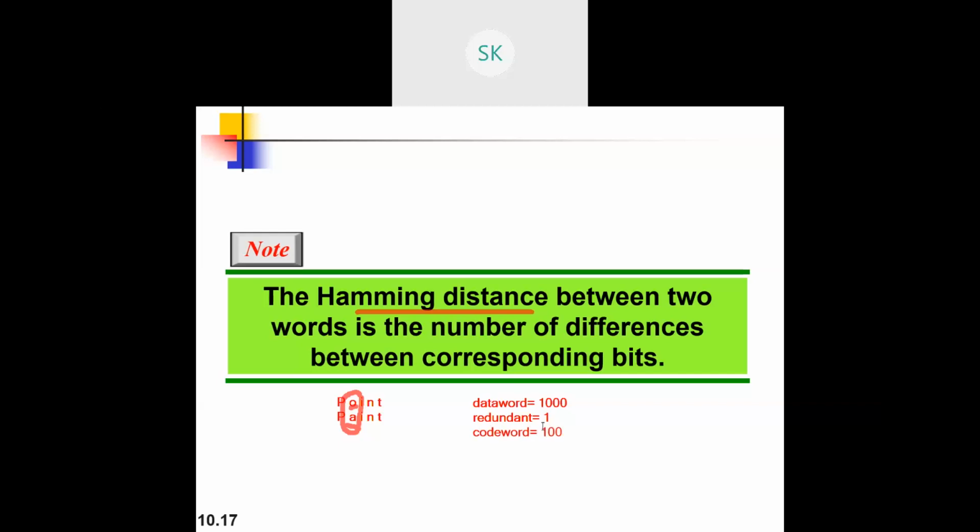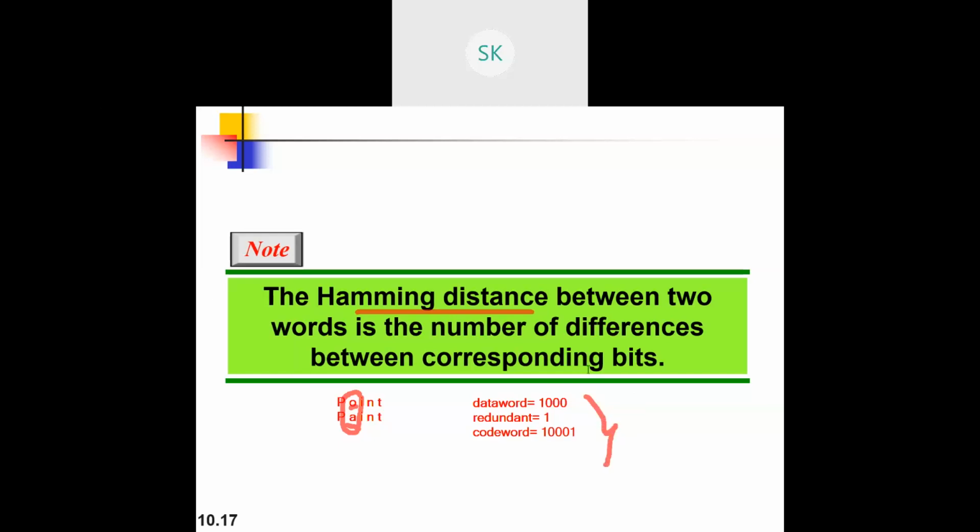we need to generate this table first. So this is our code word with respect to the data word: 1000 gives 10001 as the code word. This table should be known to both parties, sender as well as receiver, right? This is the table structure.